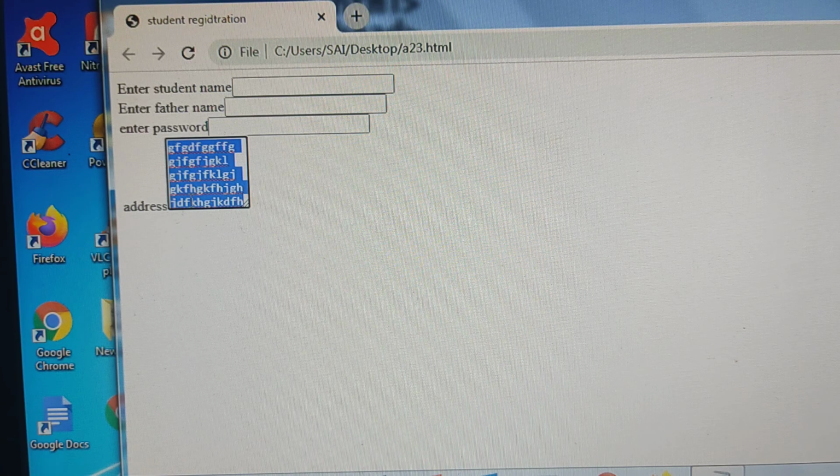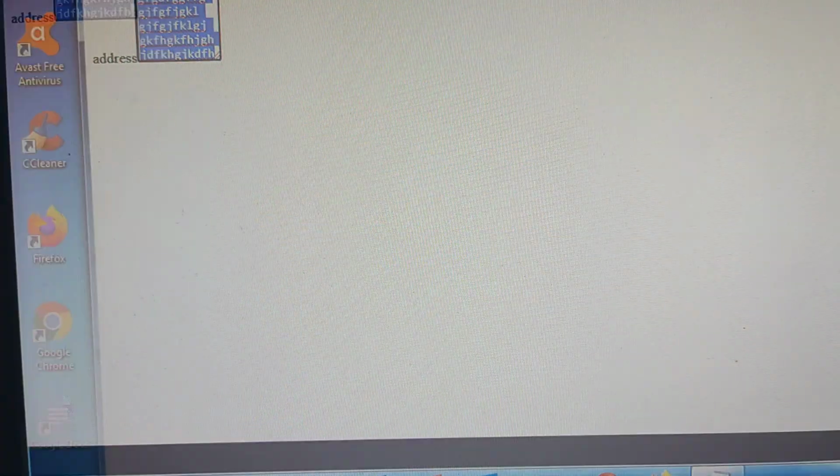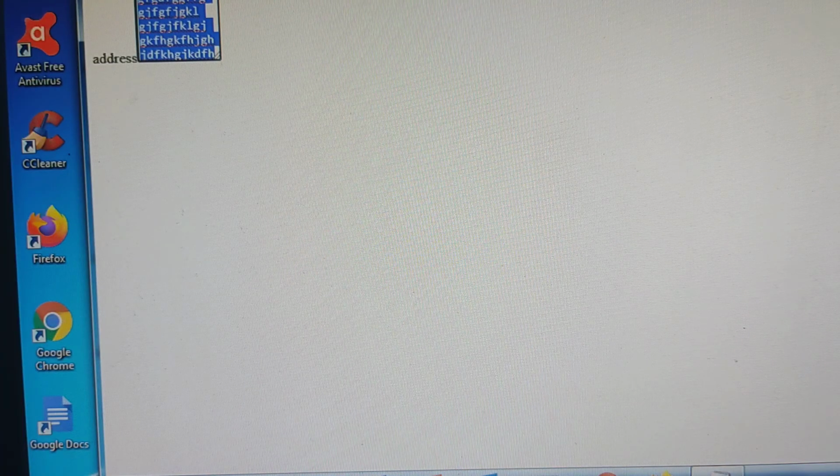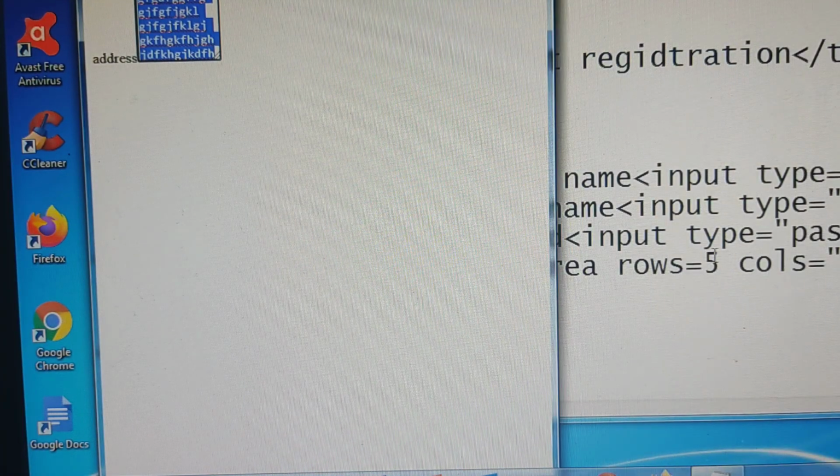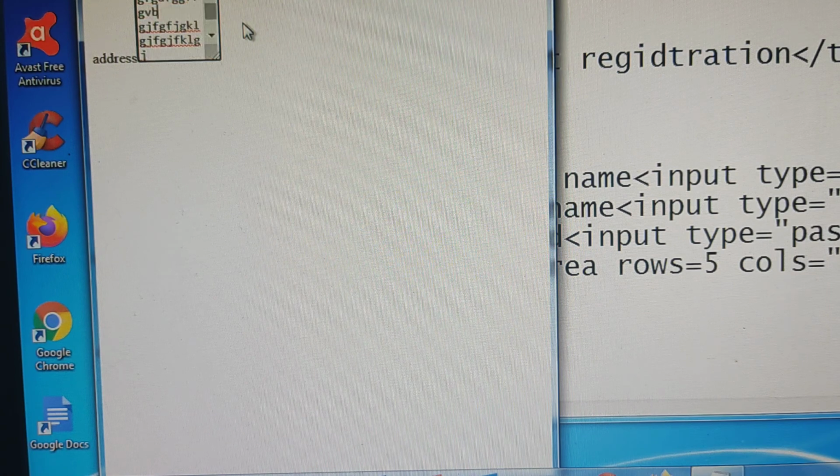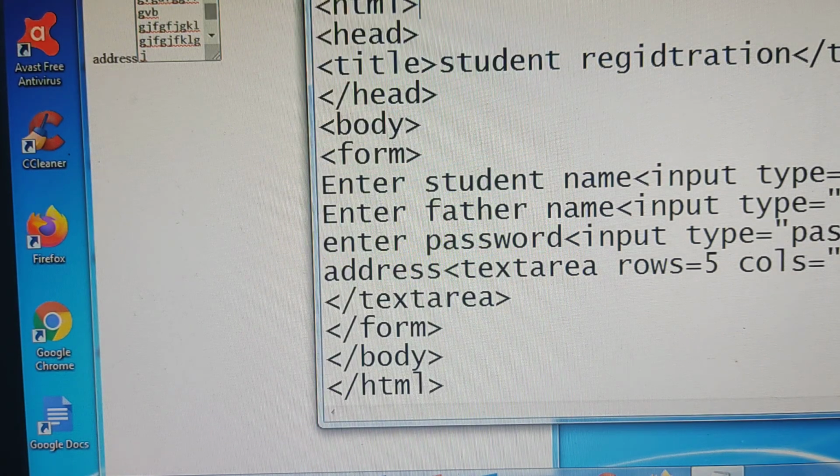But how many lines can you enter? Here I have given the size as 5 rows, so that is why you can enter only 5 rows. And 10 characters you can enter. Understood? So this is the text area.